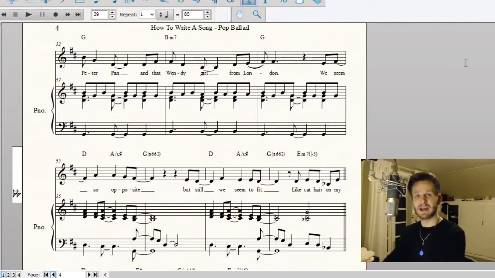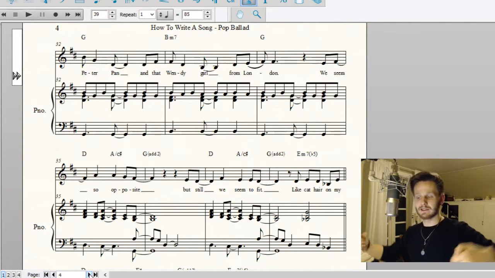So despite being opposites like yin and yang and Peter Pan and Wendy, the lovers still fit together, because that's what they do as well, right? Peter Pan is this lost wild boy and Wendy is this pretty girl from London, and still they